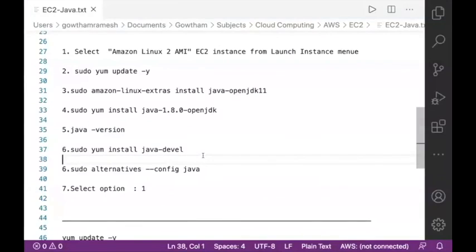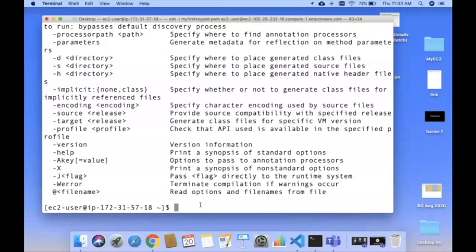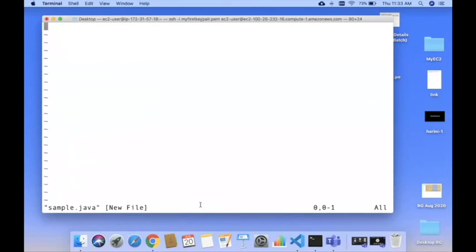Now on top of this, you can write your own simple Java program. For example, I create sample.java. In sample.java, I'm writing first class Sample, and inside this class, public static void main, String args.